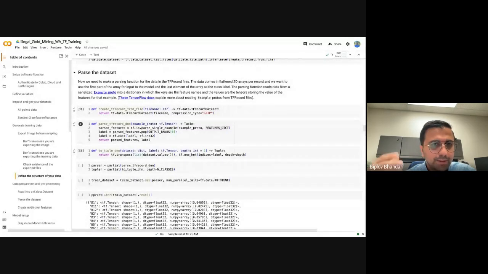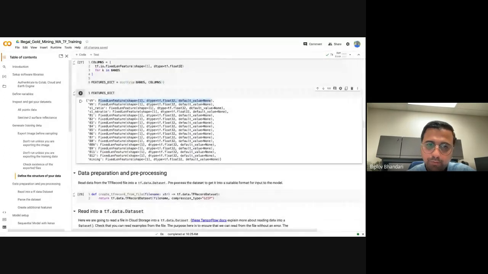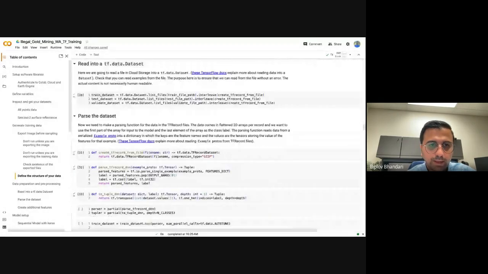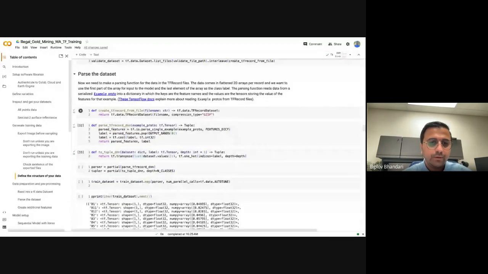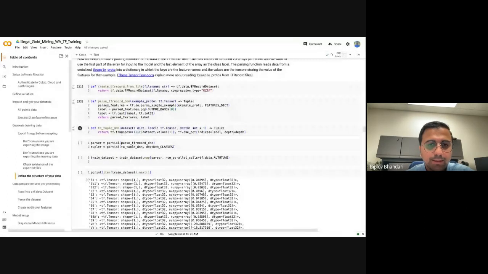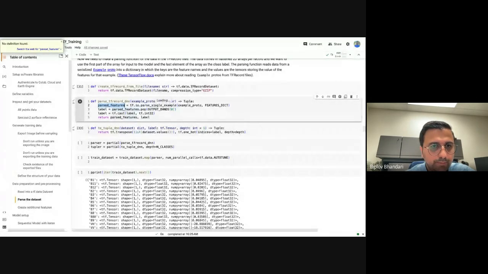In any other case, for example, if you exported 2D data, a convolutional data, and you provided it a shape of 1, then it's going to throw back an error saying that the data you provided and the abstraction you specified are different, and it doesn't know what to do about that. But in this case, that's not the case. We successfully parsed the features. And remember, that feature also has the label in it, so we want to take the label out from that.